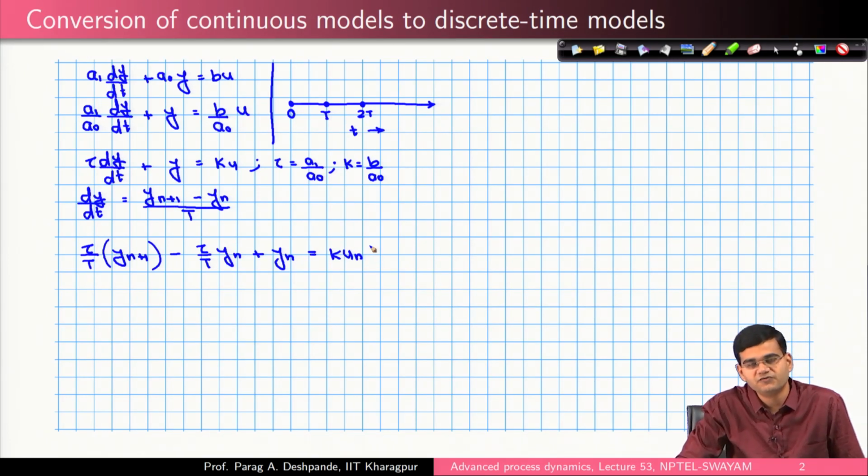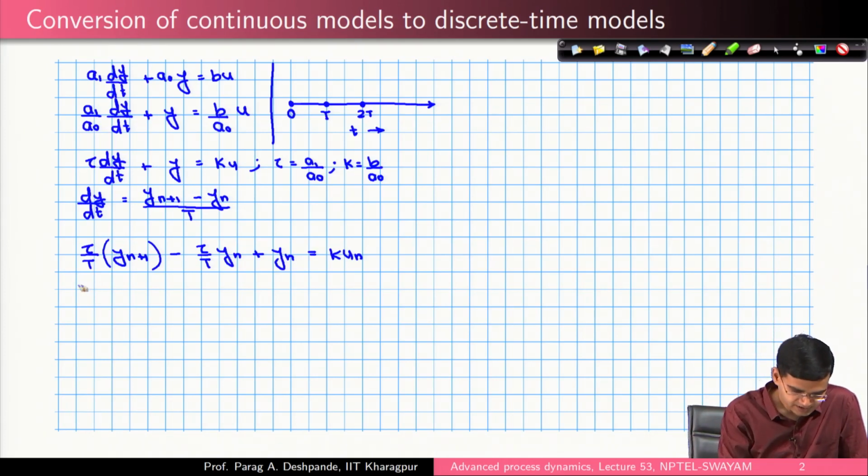Now, u is your forcing function that may also be a function of time. So, therefore, u n is the intensity of your forcing function at a given instant of time. So, this will be tau by capital T y n plus 1 is equal to (tau by capital T minus 1) y n plus K u n